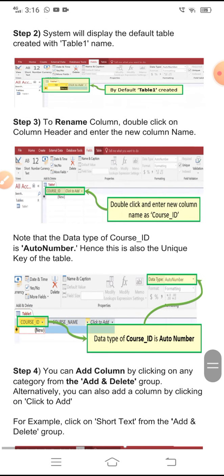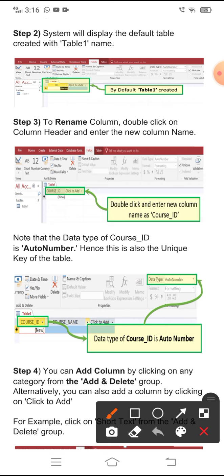To add columns we have Click to Add, and you can rename the column by clicking on rename column. Double click on the column header and enter the new column name as Course ID. In this example we can give any name; we are giving Course ID. Previously we had only ID, but you can rename the column name by right clicking on it.